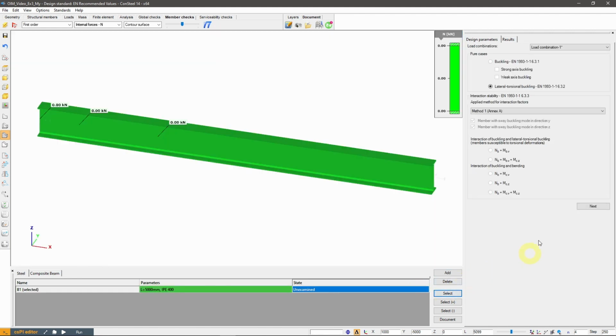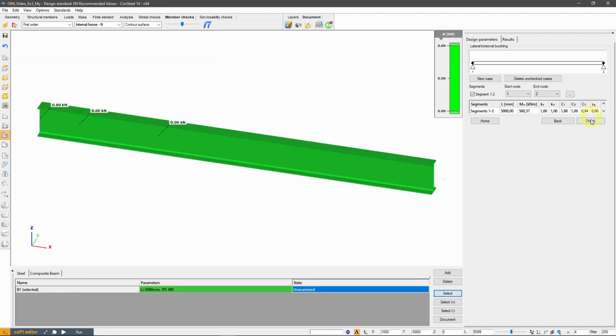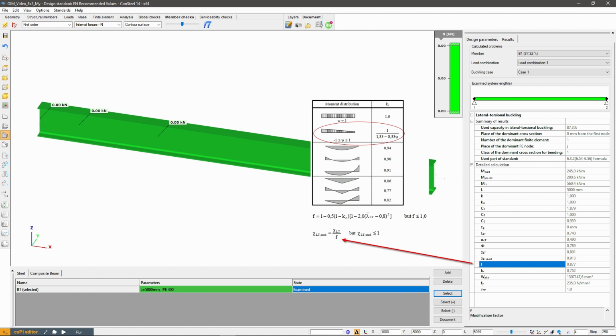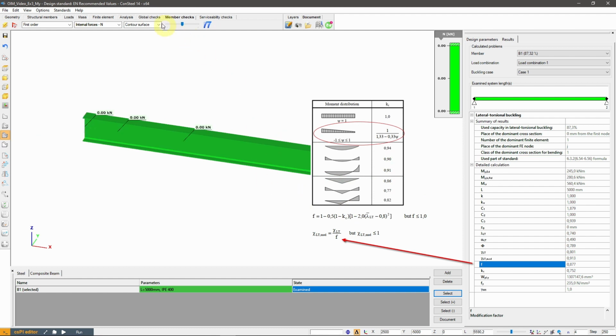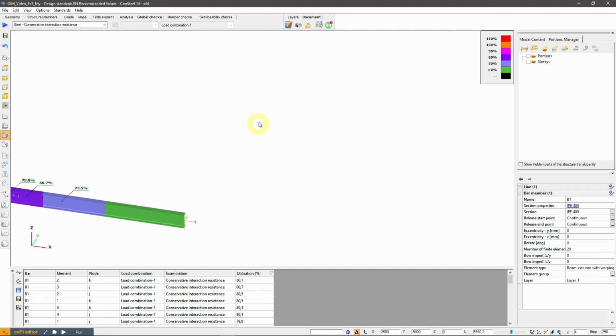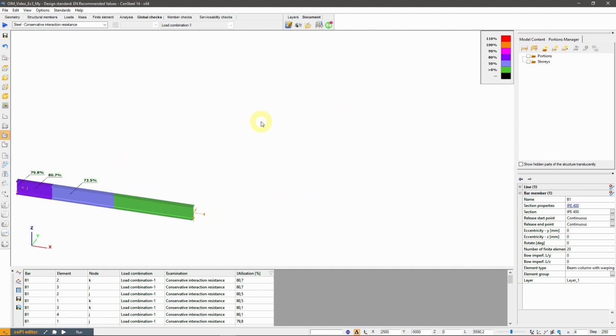If we perform a member check in this case, the utilization will be 87%, which is a result between the two other methods. This result is lower than the general method one because there is an F modification factor implemented here that takes into account the non-uniform moment distribution and moderates the value of the reduction factor. The overall imperfection method more precisely accounts for the actual moment distribution, that's why its result is even lower than the member check result with the modification factor.